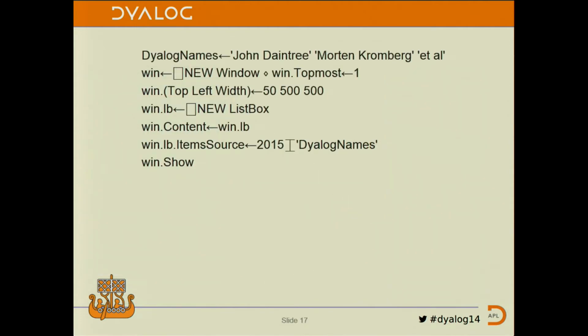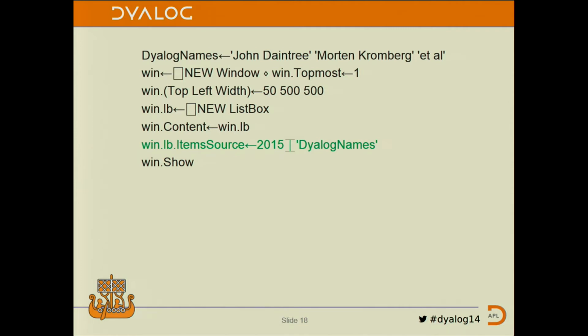Okay, so here's just some slides that are basically just going to very briefly introduce some code that we'll look at as we go into a demo later. But here's an example of a UI creation that just creates a window that contains a single list box, and we can specify that we want all of the items for the list box to come from the content of the variable called dialog names, which in the simple case is a vector of character vectors containing the items that we want to appear in the